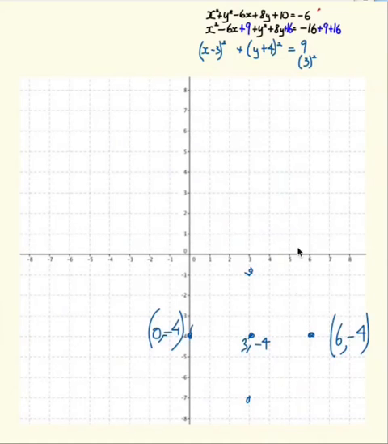Again, you may not be using paper, you probably won't be using paper that has this grid here. So you need to do some planning before you do the sketch. And you do your best circle, which isn't bad. So there's the drawing of the locus, and we would describe this as the locus of